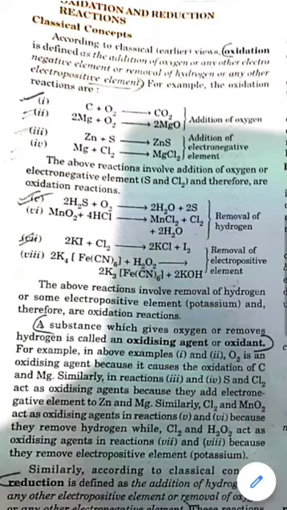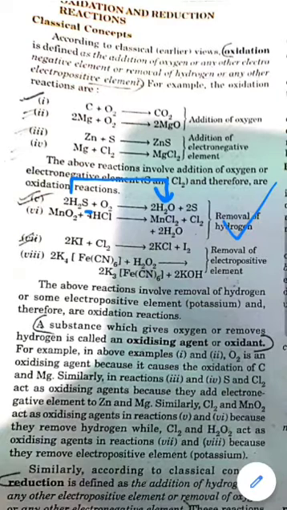H2S, hydrogen sulfide gas, reacts with oxygen to form H2O plus 2S. This is a displacement reaction. This is a class 10th concept. Now hydrogen was present in a compound form with sulfur, forming sulfide. Now let's see in the product, sulfur is left alone on the product side, as you can see. So you can say that sulfur had hydrogen, and in the product it got removed. So hydrogen is being removed.